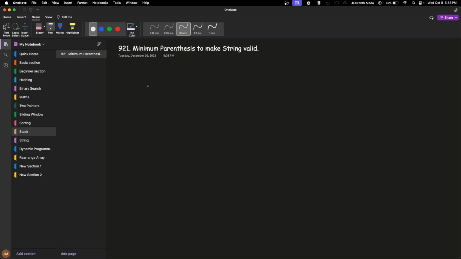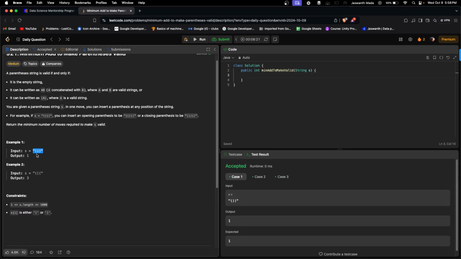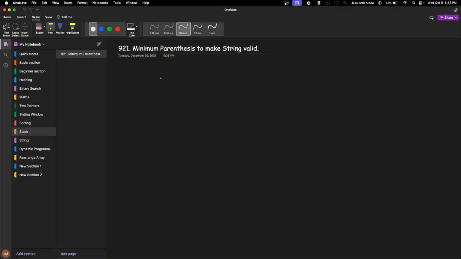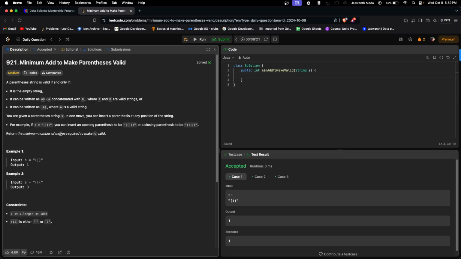Suppose basically we are given a string, something like this. Let me write. Suppose we're given the string something like this: left bracket, right bracket, right bracket. We need to tell whether the string evaluates to valid parenthesis or not. If it's not a valid parenthesis, we need to tell how many parentheses that we need to add in order